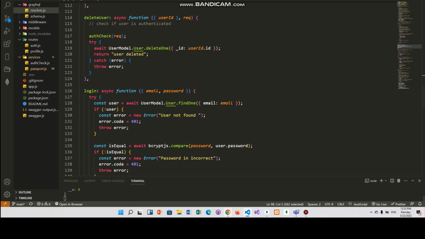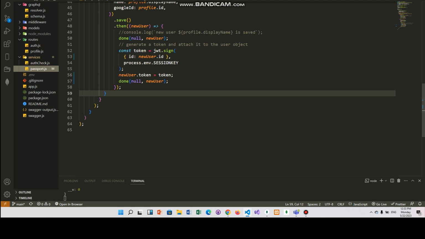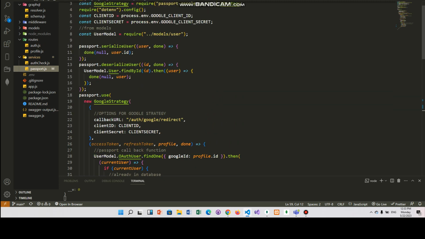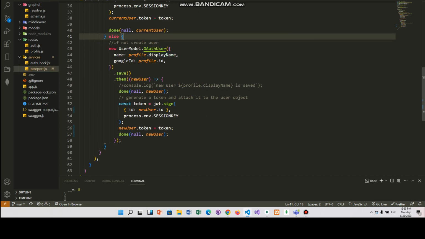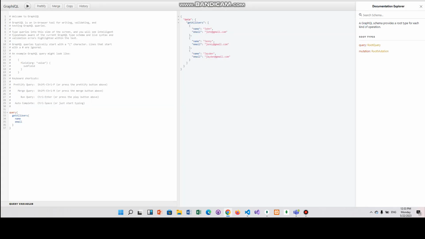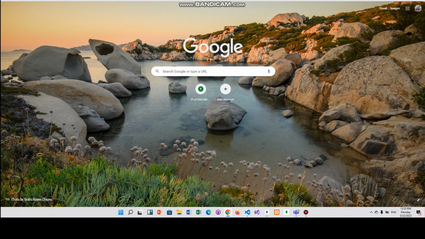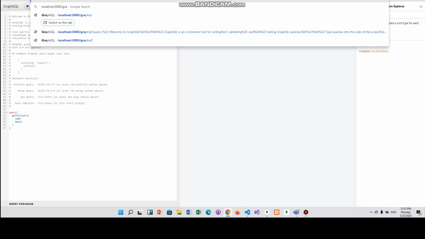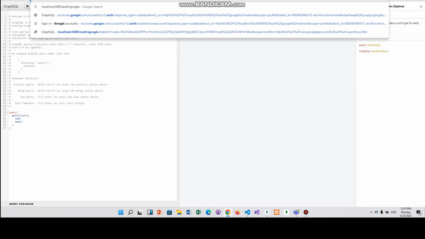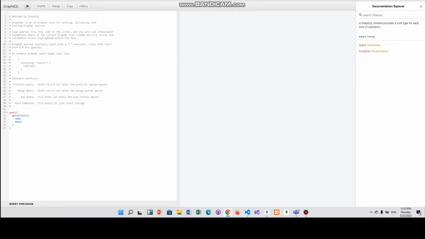So let's deal with the whole thing of authentication. If you look through my code, I have Passport. I've used Google rather than GitHub, and I have the whole logic for my auth in a different file. Now for my auth here, you see that if you say auth, then Google, then click, it should take you to